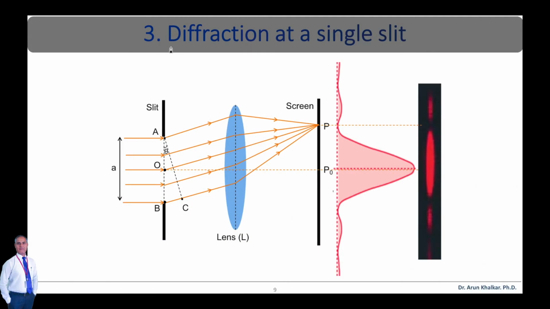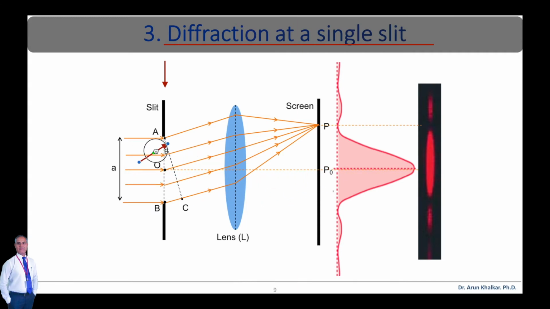Now let's see the Fraunhofer diffraction at a single slit in detail. As you can see in this diagram, the width of the slit is small a, and its length is AB. The center of the slit is point O. When the light ray with plane wavefront is incident on the slit AB, each point on this wavefront is a source of secondary wavefront. From points OA and OB, the wavefront travels the same distance to point P0. Hence the path difference is 0.